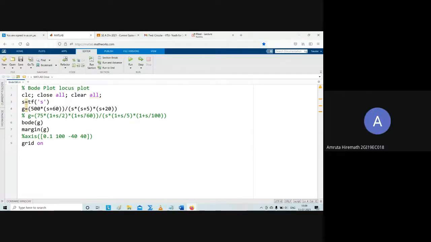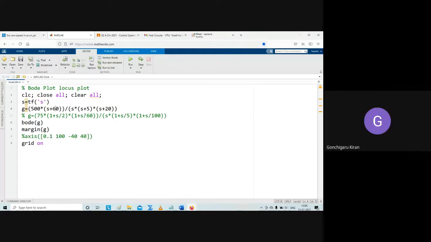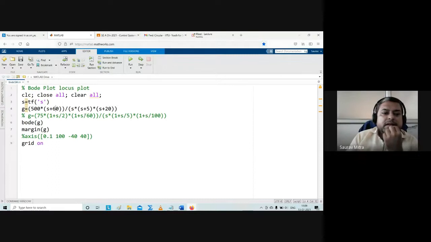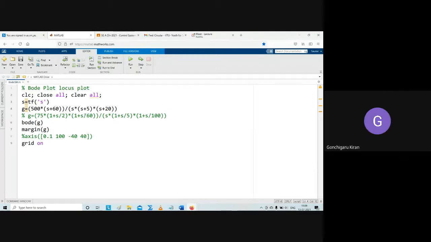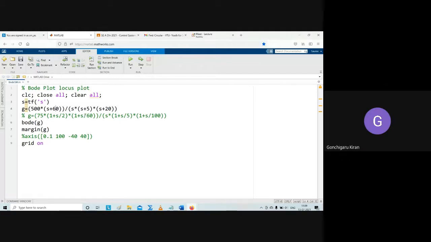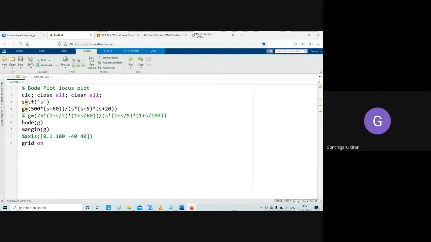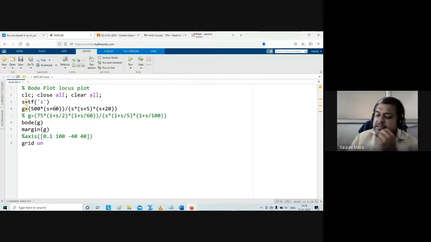2. How come 2? In the amplitude plot, how many individual plots you have to draw? 5, sir. 5. Who is this? Kiran. So 5 individual plots. Which are the individual plots? Just tell so that people will understand. 500, sir. It is 500 or 300? Sir, if you are converting this into time constant form, it will become 500 into 60 divided by 5 into 20. That is 300, right? Yes, sir. Okay, so the first one will be 300. 300 means plus 50 dB line.